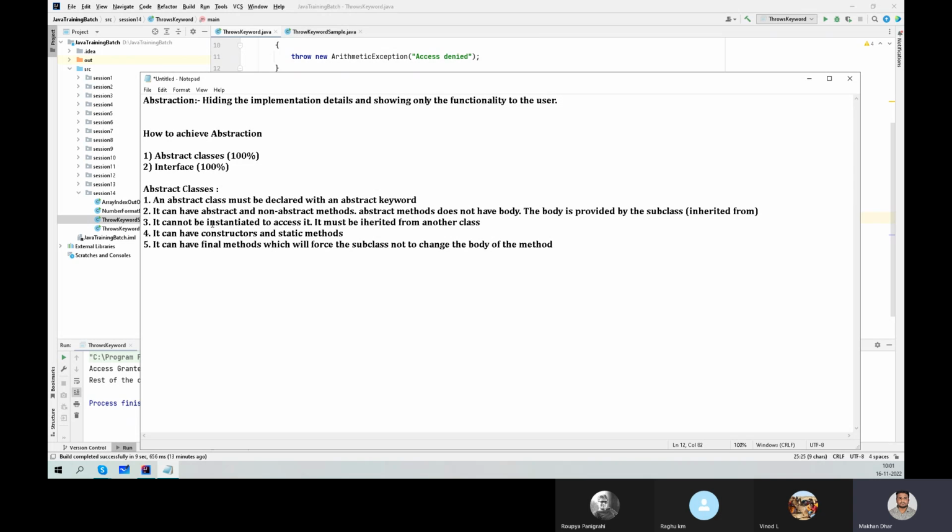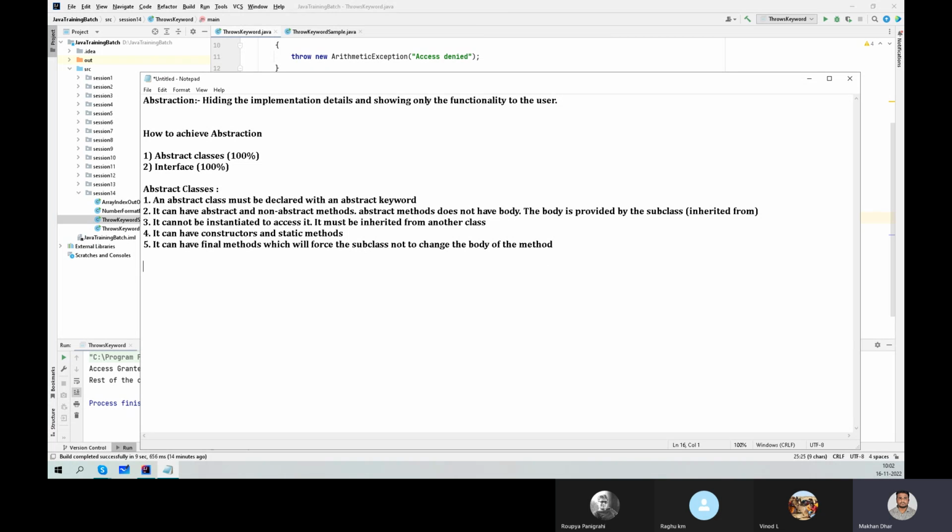It cannot be instantiated; it must be inherited from the other class. We'll see a program, then you will understand more. It can have a constructor, a static method, and a final method, which will force the subclass not to change the body of the method, because the moment you use final you can't modify. We'll see a real time